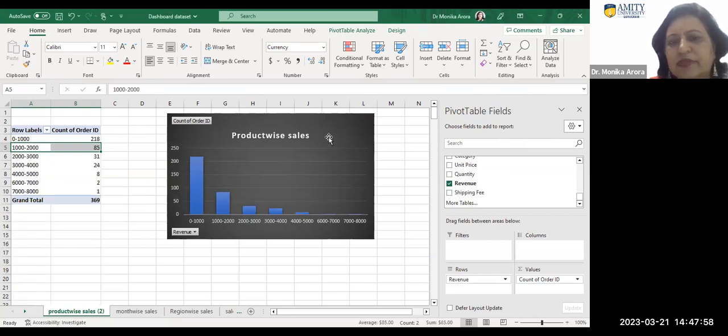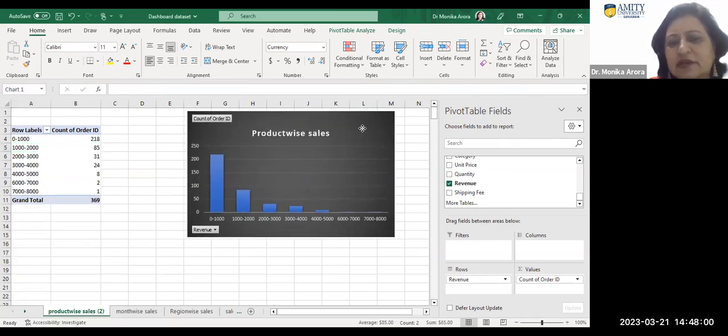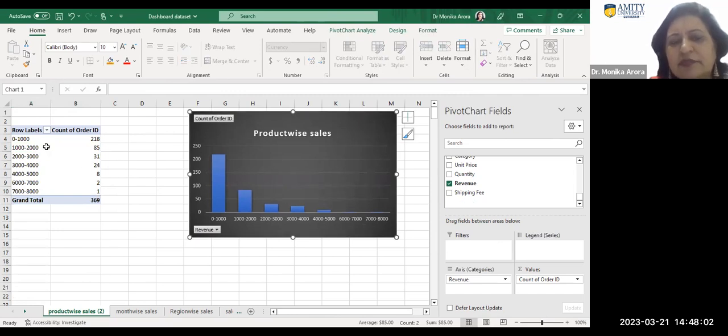Right. So now I can see from this sheet that most of the persons who are coming into the shop are doing purchases between 0 to 1,000. Right. So it is very easy for the company to